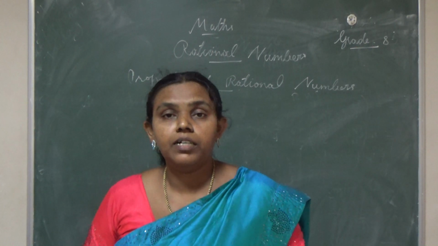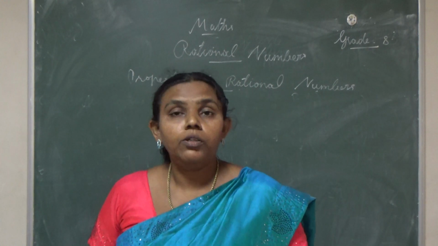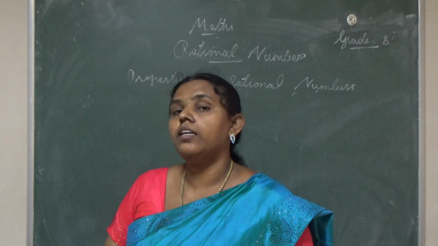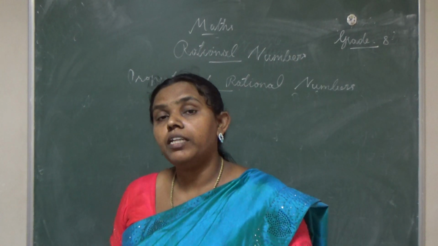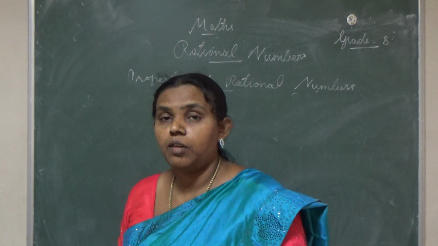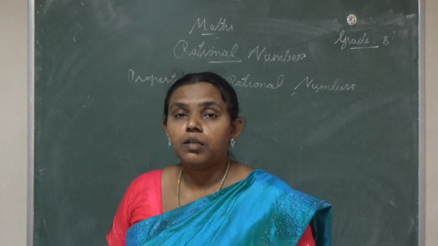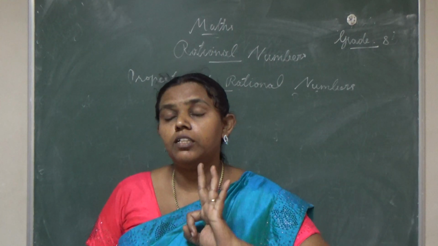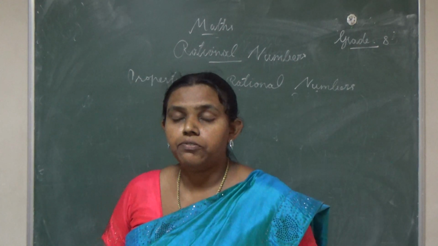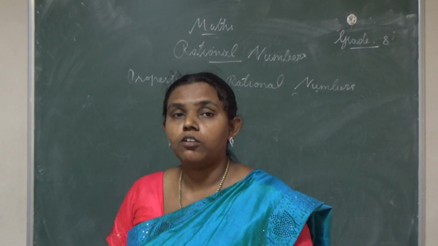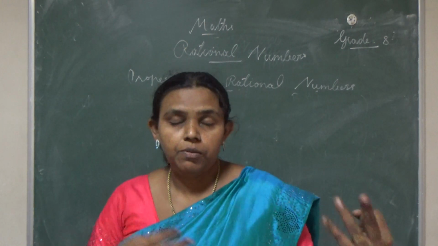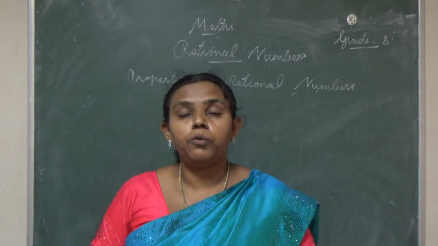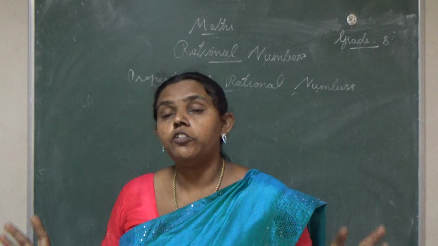We took two examples and proved rational numbers are closed under addition. Next, the commutative property: a by b plus c by d is equal to c by d plus a by b. We got the same answer on the LHS and RHS, so rational numbers are commutative under addition. After that, the associative property. We took three numbers, a by b, c by d, e by f. Then a by b plus c by d, plus e by f, is equal to a by b plus c by d plus e by f. We proved both sides give the same answer. So rational numbers are commutative and associative under addition.